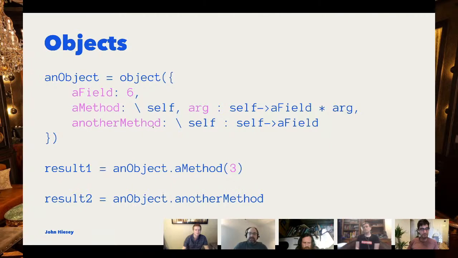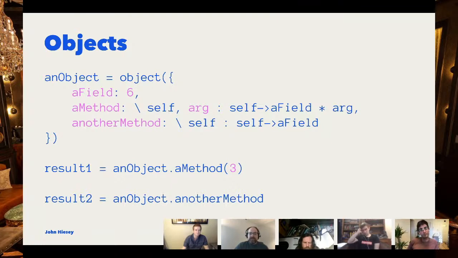Objects. This is kind of like JavaScript, except I have this special object constructor. The curly braces are more like a dictionary, a dict in Python. They're key value. It's just a hash map. So object actually converts that into something you can call methods on.